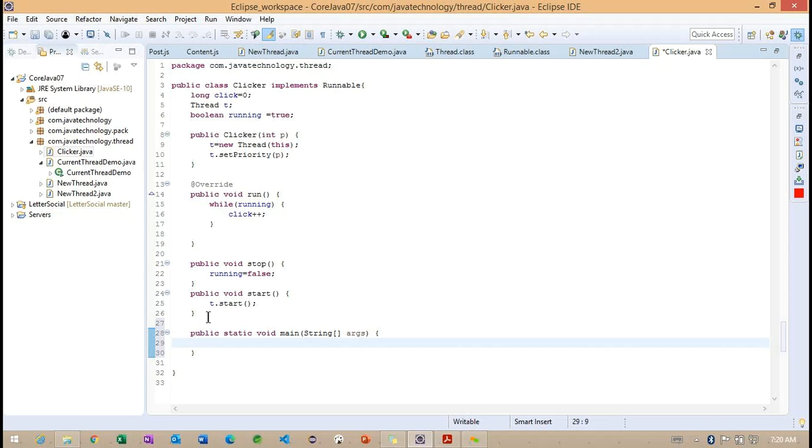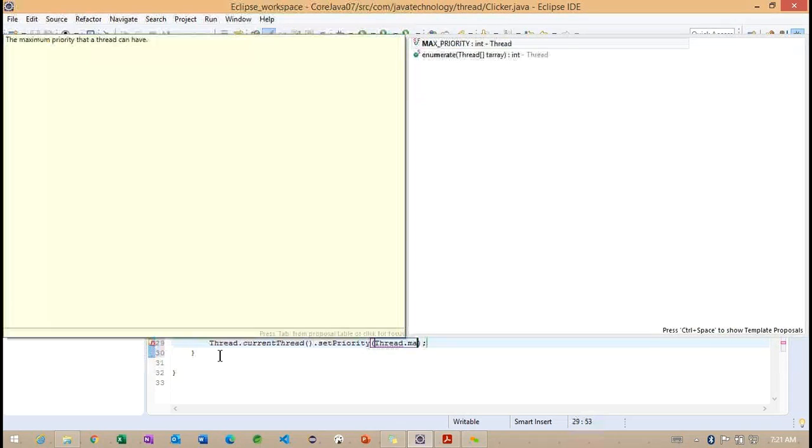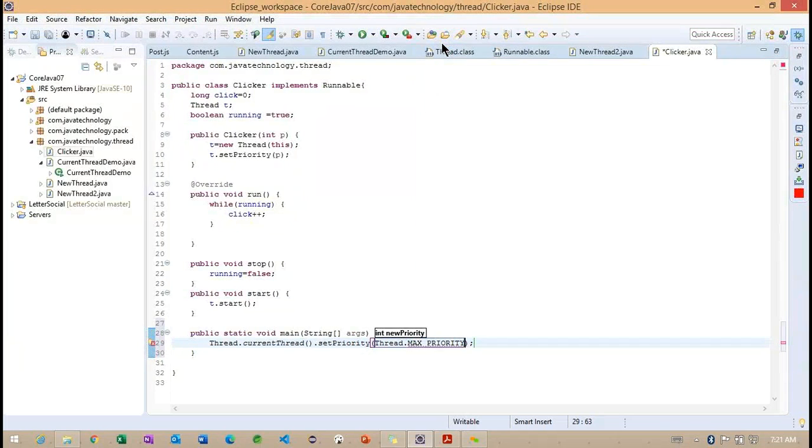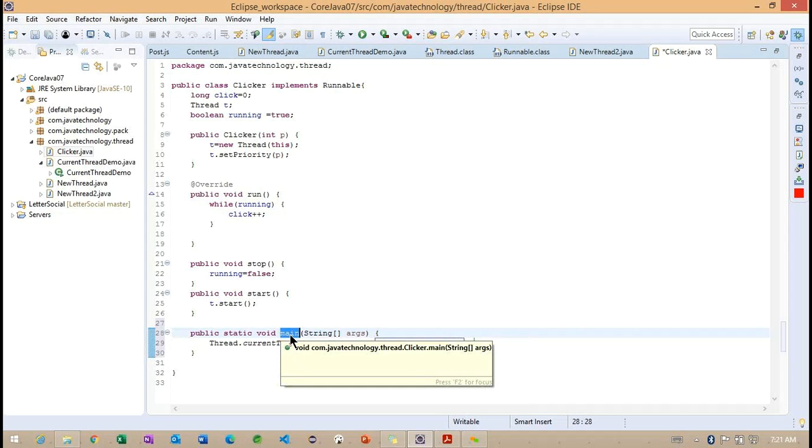Now I'm running the main method here. Inside this main method, simply Thread.currentThread().setPriority, and the Thread class has a priority called MAX_PRIORITY. Whenever I set it here, which thread is going to get the max priority: the newly created thread, or the one coming from the main method?